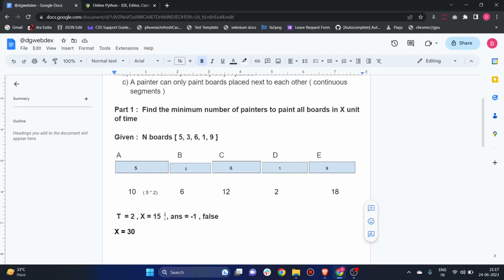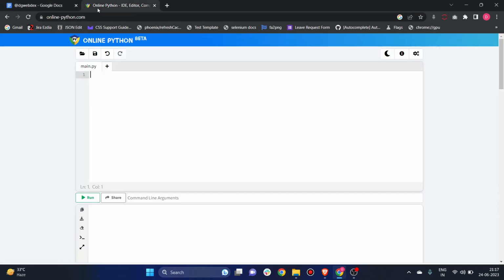Okay, so I hope you have thought of the solution and written it down. So I'm going to write the code here for your reference. Let's say that the painter count initially is one, because we are going to utilize at least one painter to start with, right? And the time provided to us, let's consider this as x, that is